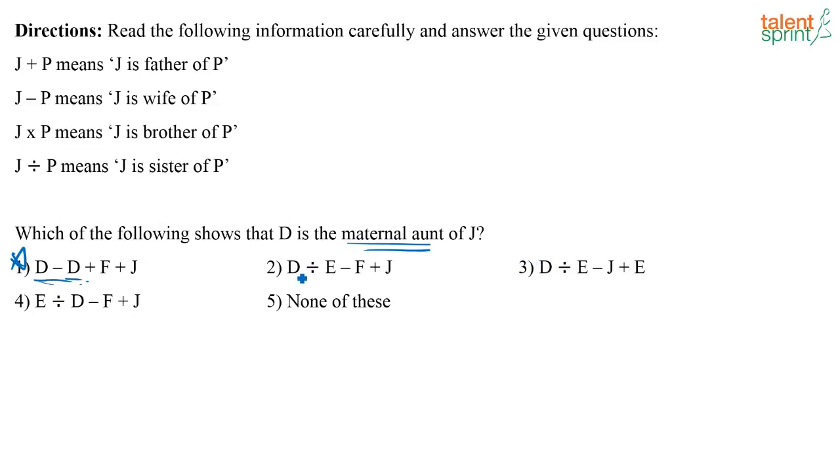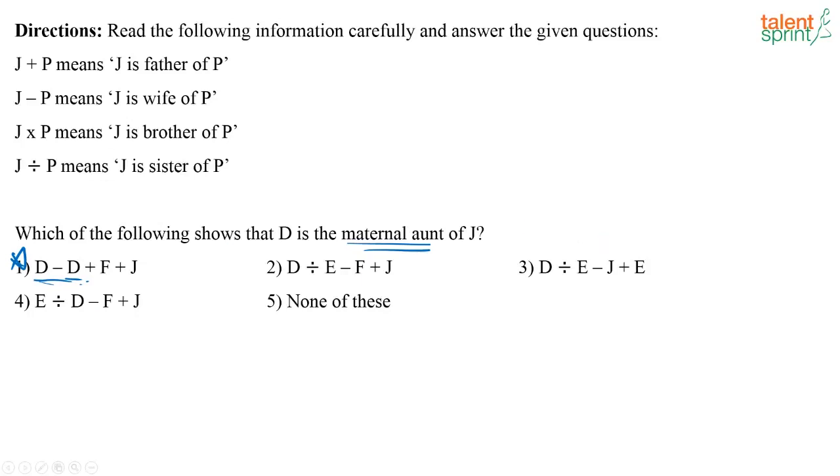See here, the second option says D divided by E. That means D is the sister of E. So, here in this option D is a female. Okay, so we can consider this option. Now, look at this one. Again, you have D divided by E. So, D can be a female. Now, look at this option, D minus F. Again, that means here also D is a female. So, if I look at the gender, in all these 3 cases, D seems to be a female. Now, how do I know which is the right option?